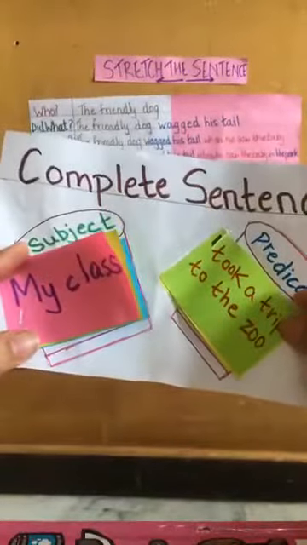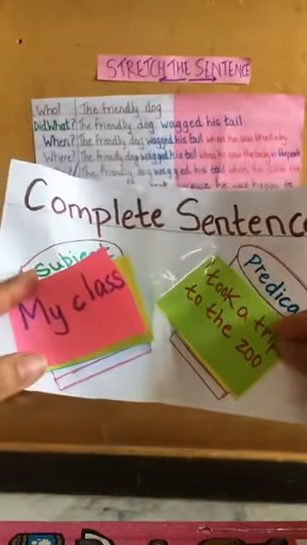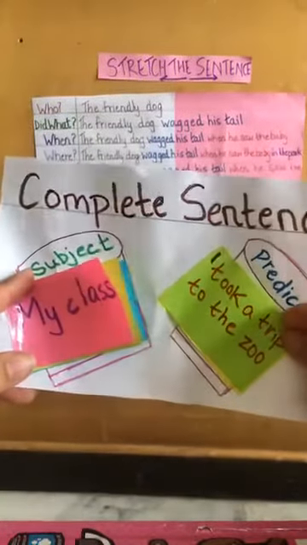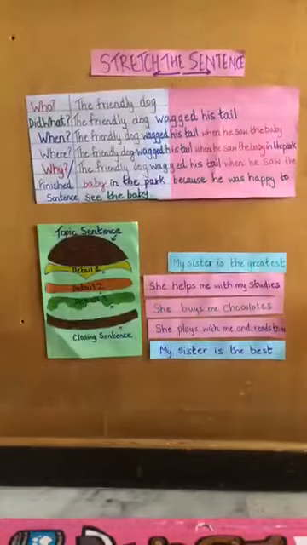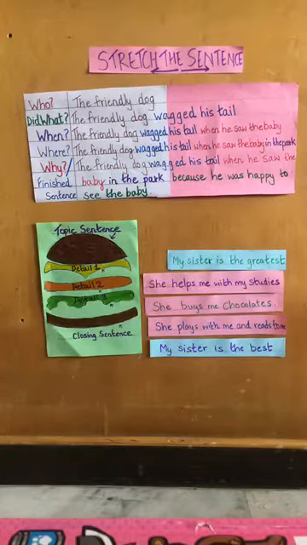And you can keep adding post-its as and when the child wants to do the activity, and you can do this in a book. So one time you give the subject, one time you give the predicate, and help the child make sentences. Okay, now I'm going to come to something called paragraph writing.